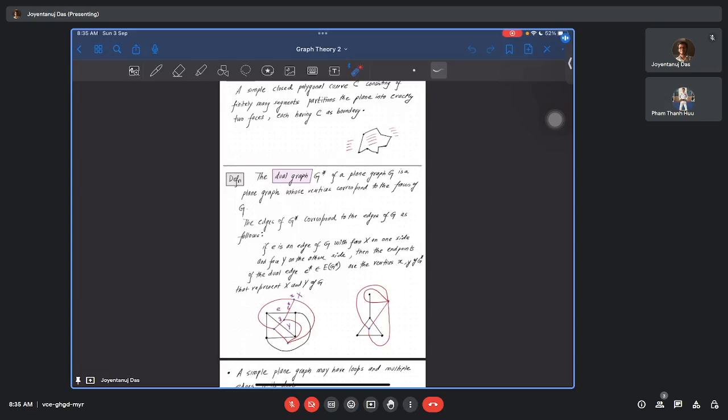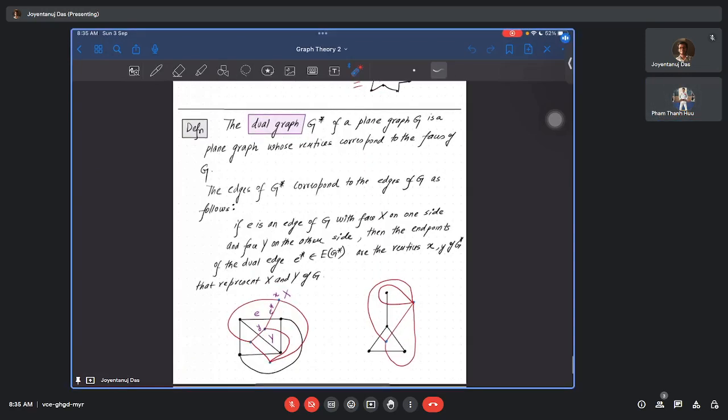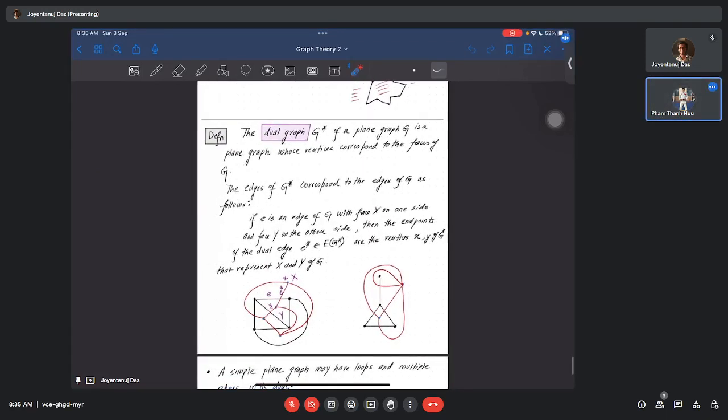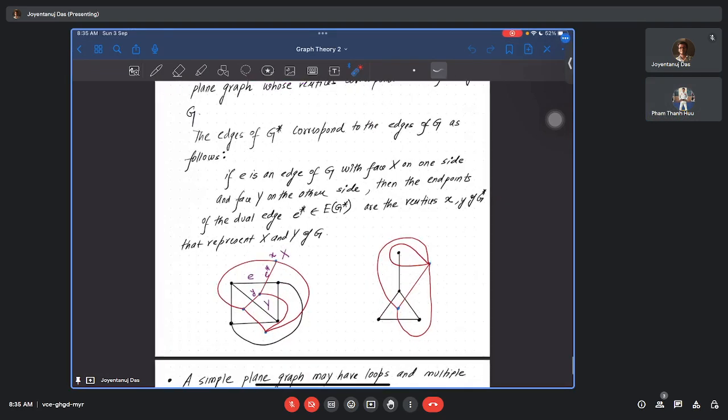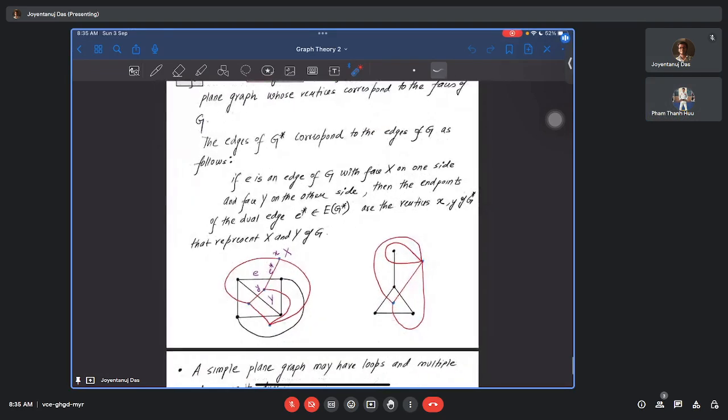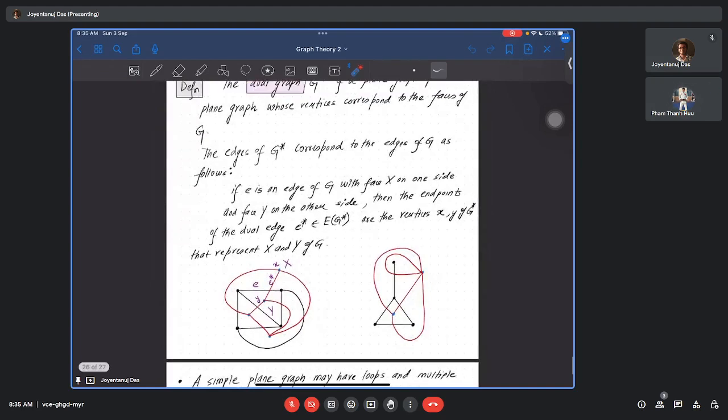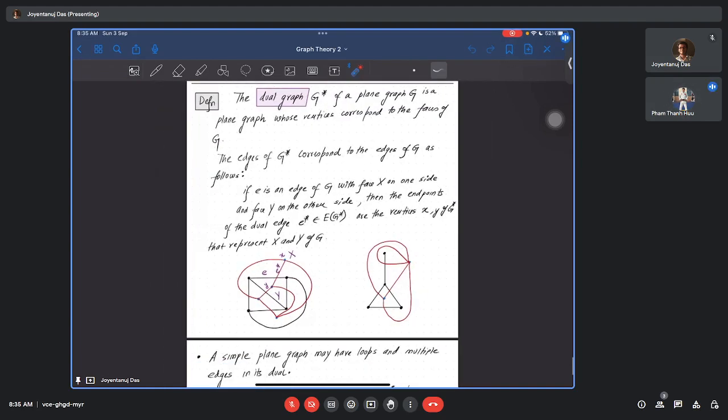So we defined this dual graph, right? So the definition of dual, let us recall. Suppose you have a planar graph G, then what you do is, the faces of the graph G are replaced by vertices, so the vertices correspond to the faces of the graph G,